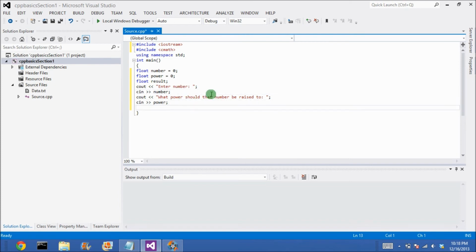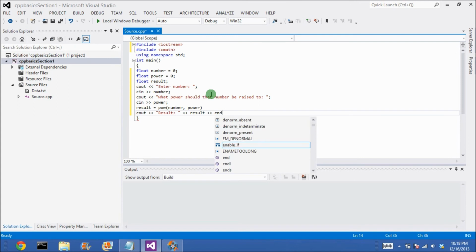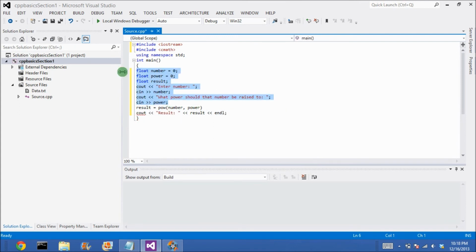And now what we're going to want to do, we're going to say result equals pow, parenthesis, number, comma, power. And then we're going to do a cout. I'll explain the syntax to that command in a moment. This has been covered in previous videos, but for result equals pow, number, comma, power,